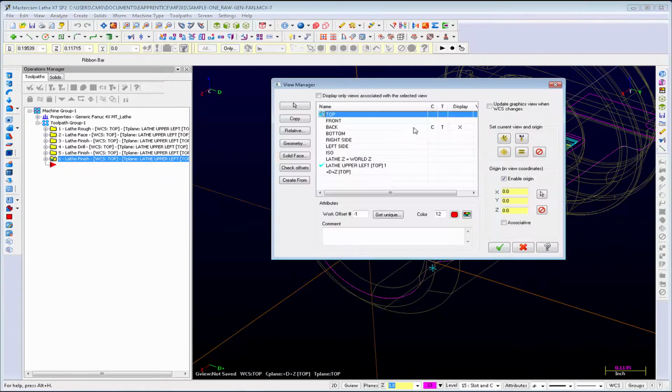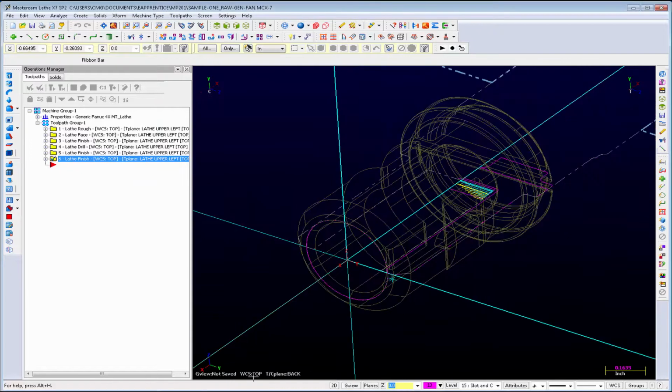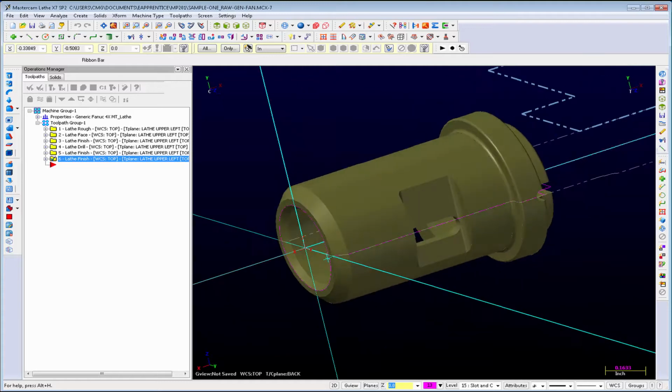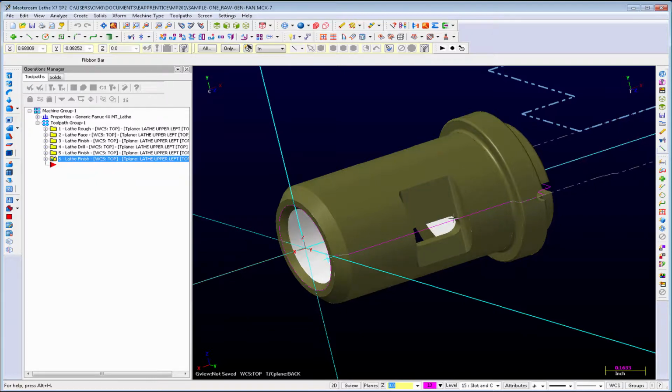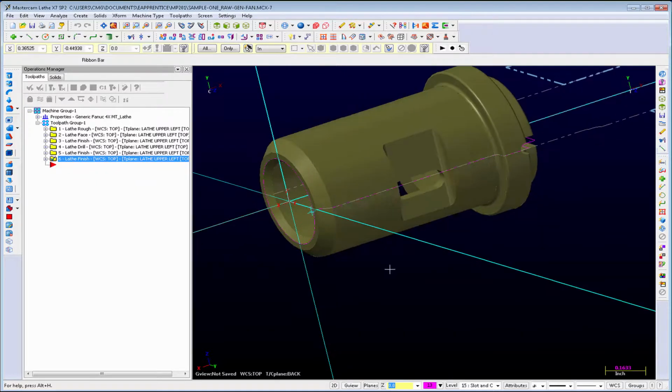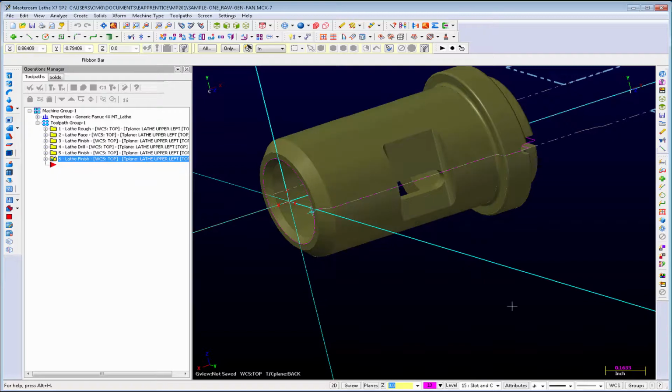So I'll hit escape. Back is the view that we want. So top WCS, tool and construction plane back. If we've got our setup like this, we can now use a mill tool path to cut these features. If we don't want to bother with setting our tool and construction plane first,